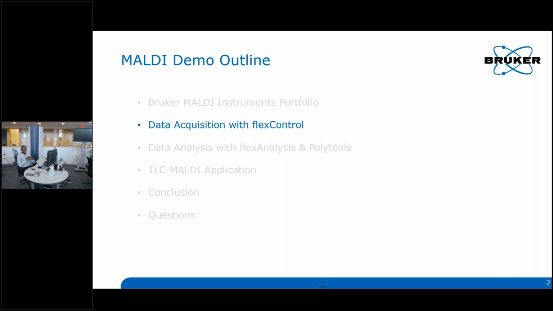As soon as you acquire data, it loads into the processing software and then into our dedicated polymer analysis software. These three softwares are called Flex Control, Flex Analysis, and then Polytools in the end. So we're going to dive in